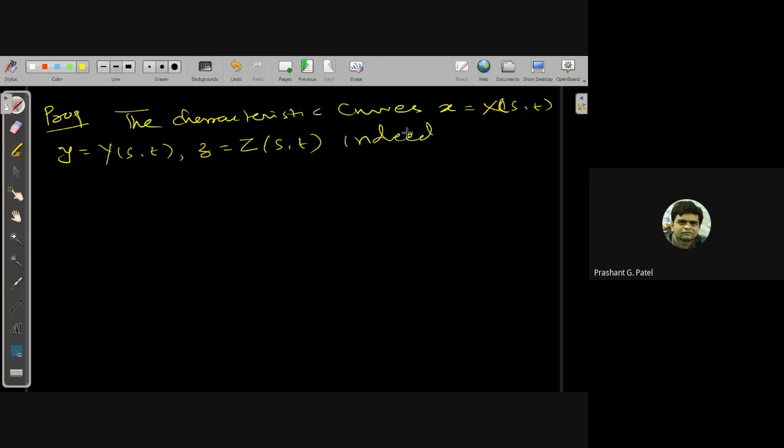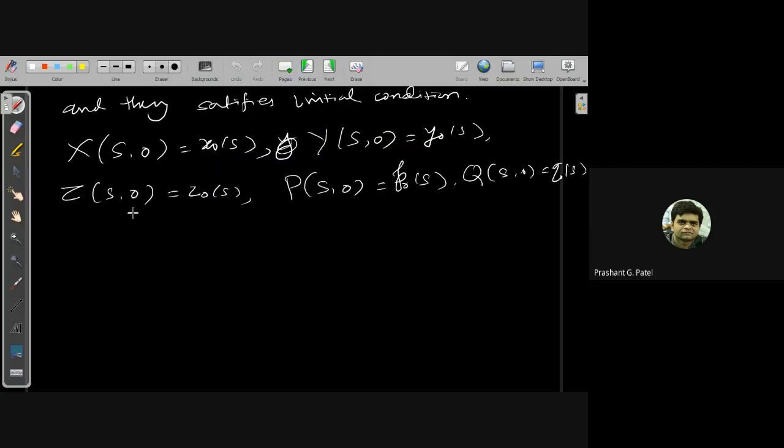Indeed, the characteristic curves form an integral surface. So what we are doing in the examples, once we got the solution in